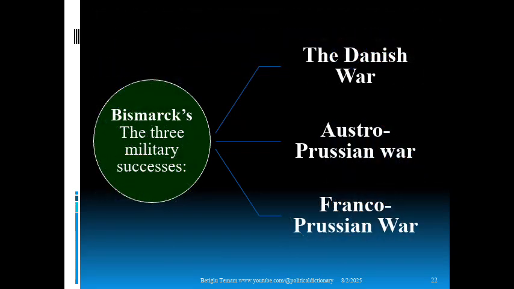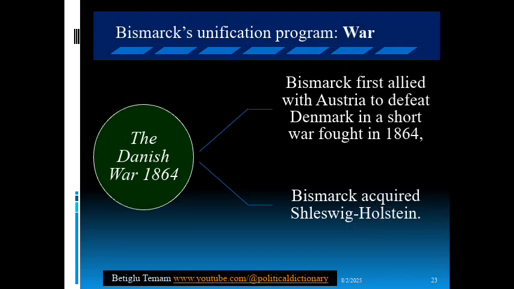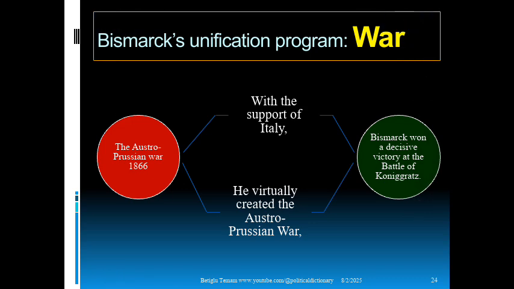Figure 1.3 Otto von Bismarck. Bismarck accomplished this through 3 military successes. He first allied with Austria to defeat Denmark in a short war fought in 1864, thus acquiring Schleswig-Holstein. In 1866, with the support of Italy, he virtually created the Austro-Prussian War and won a decisive victory at the